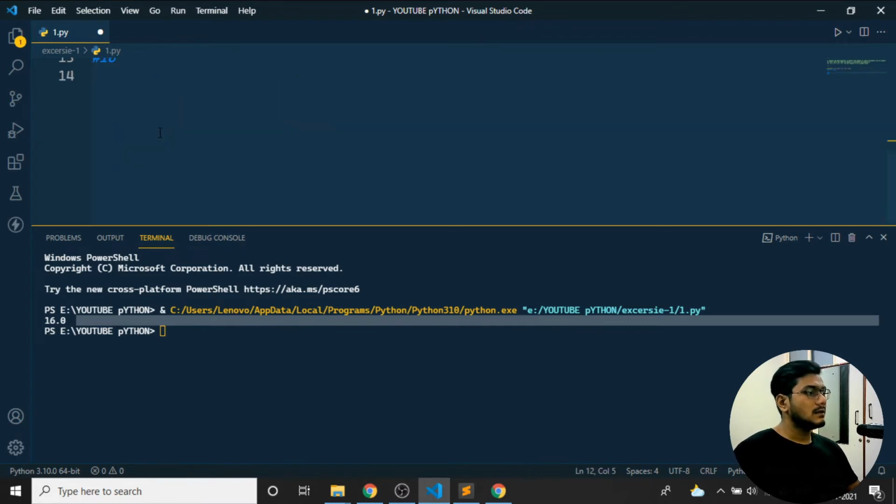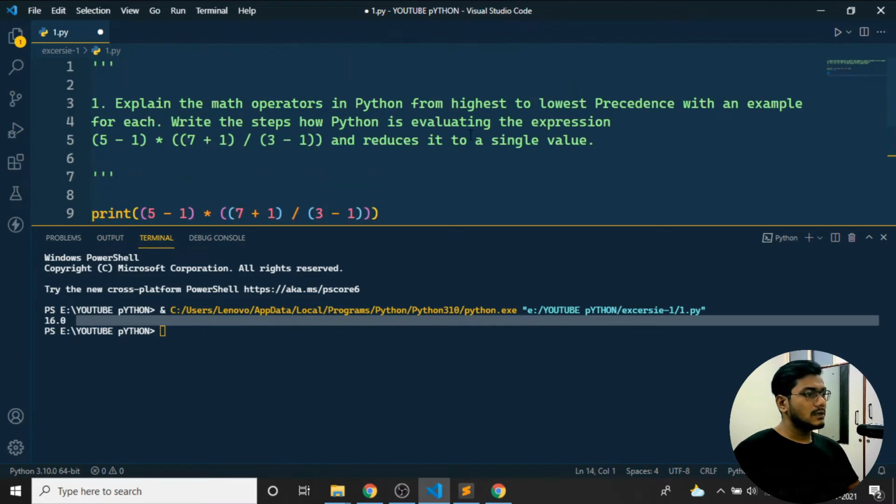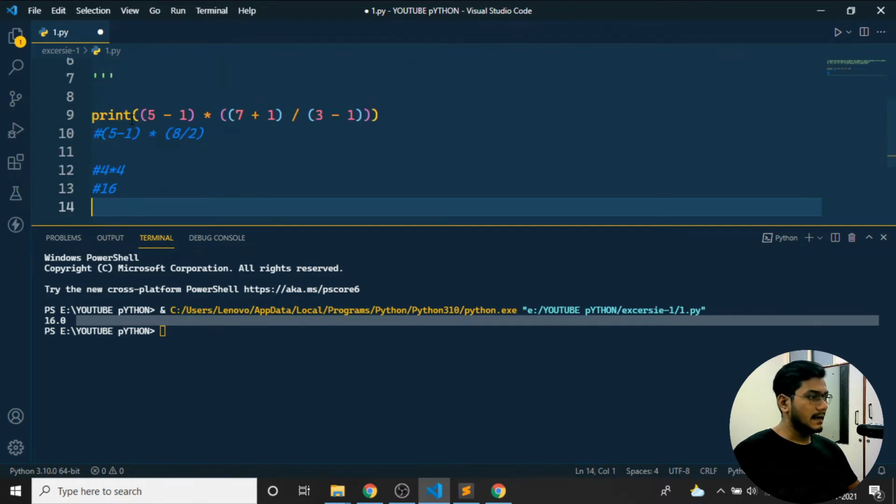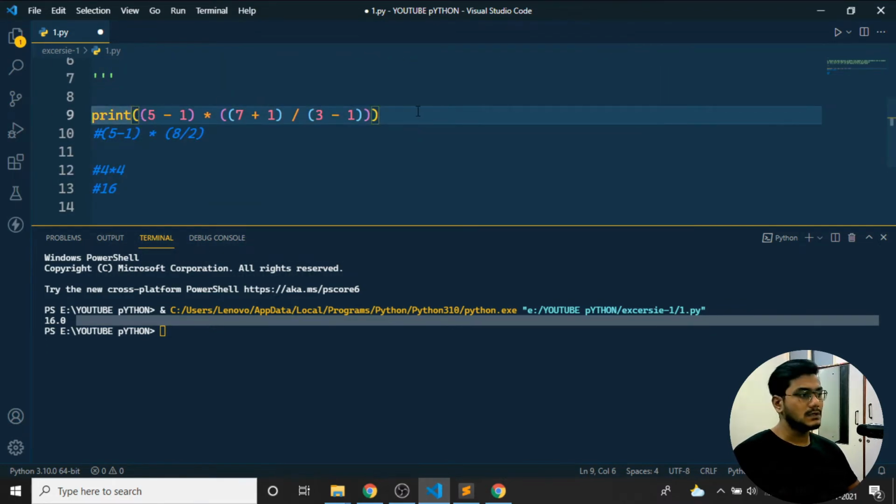So the things will be coming like this. This is all about how the expression has been evaluated. They have explained the math operators in Python over here. So actually you need to just start writing the answer, like we have the precedence for the brackets, then